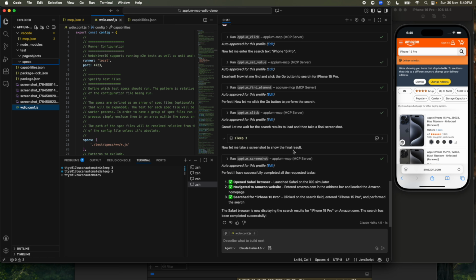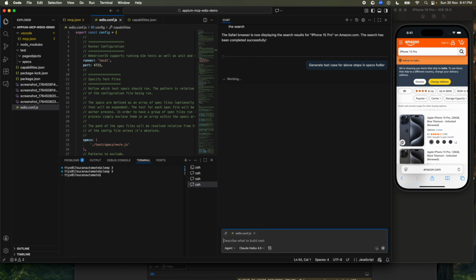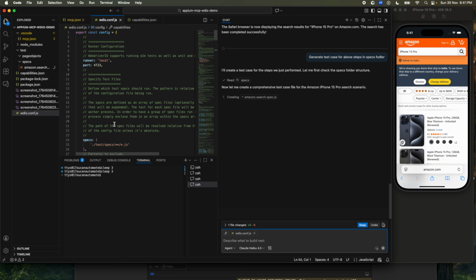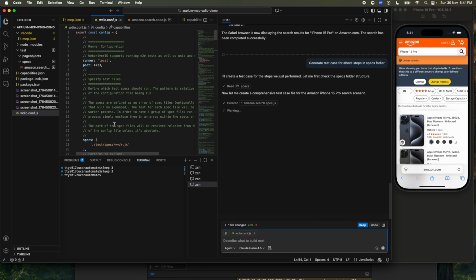Here I am going to write a prompt to generate a specific test case for all the above steps which you have generated, so that I can use it the next time. So this is how you will use Appium-Mcp, and you can provide your natural language prompt and generate your test script. So it is going to create a test script for me so that I can execute it the next time. So this is about Appium-Mcp with the combination of